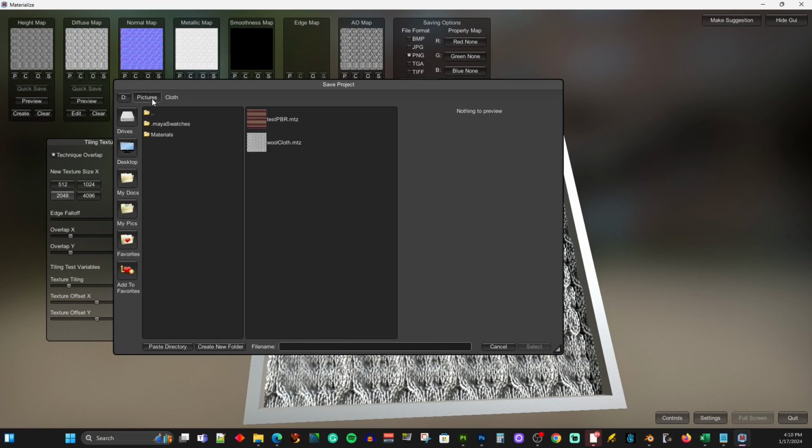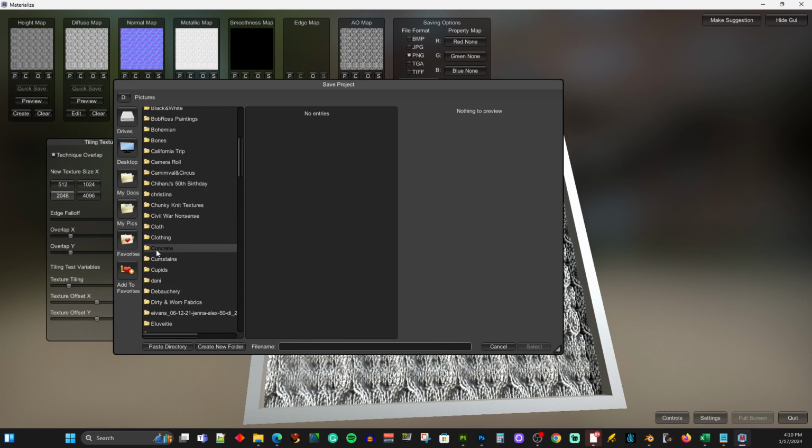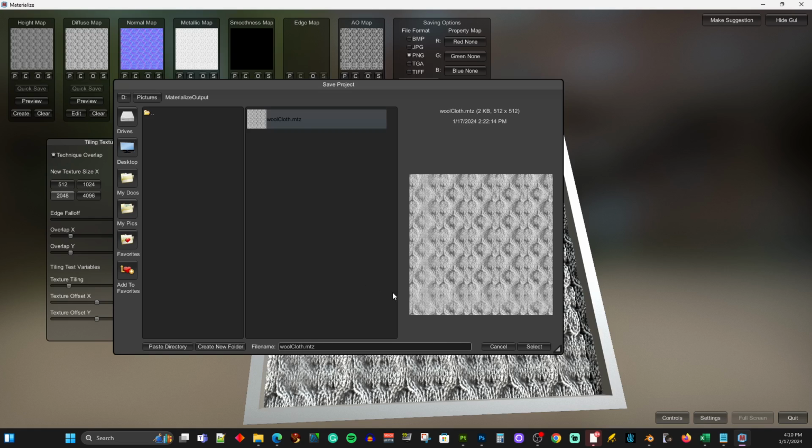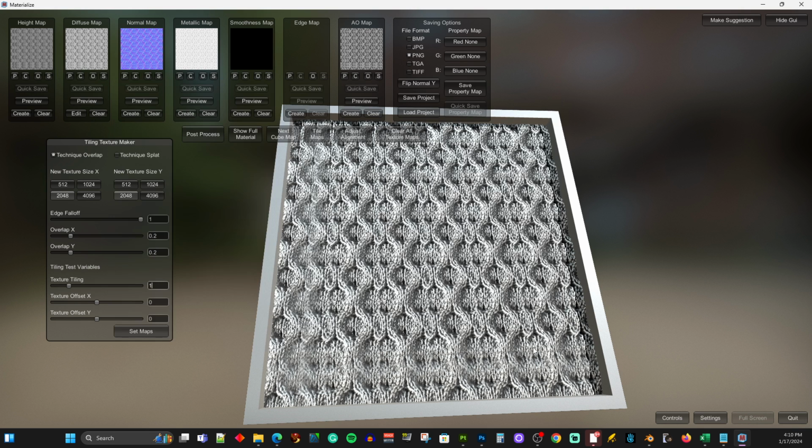here. And then I have something called Materialize output. That's where I put it. And there it is. I already saved it, so I'm going to save it again. And select. So it saves it, and then just to make sure,